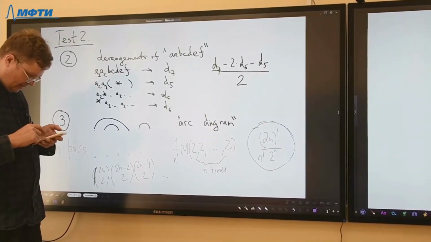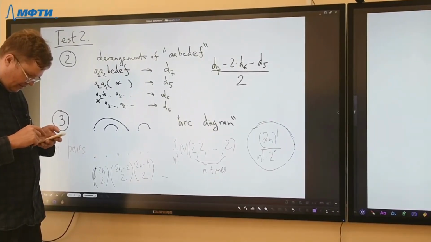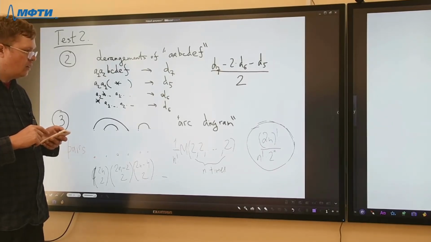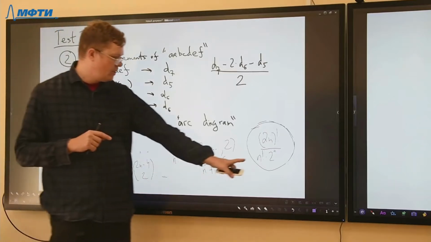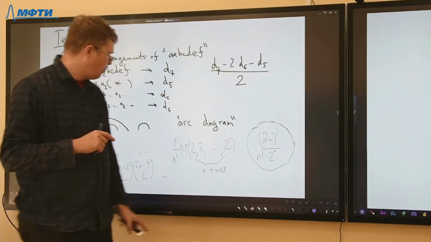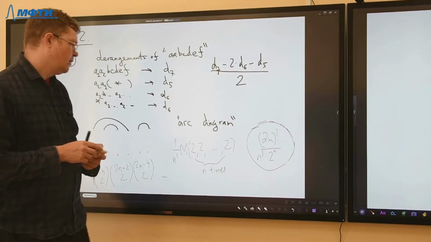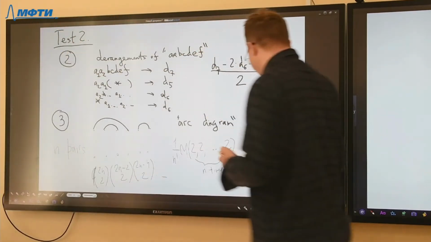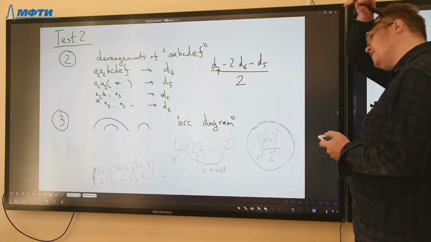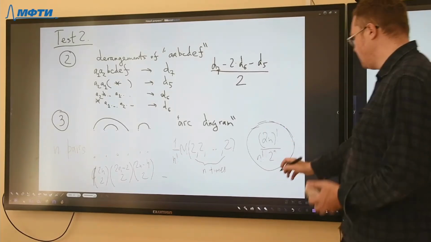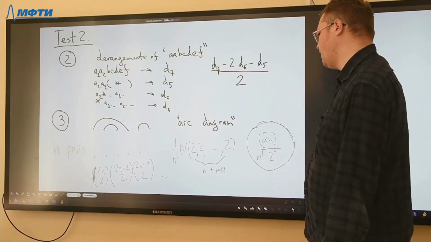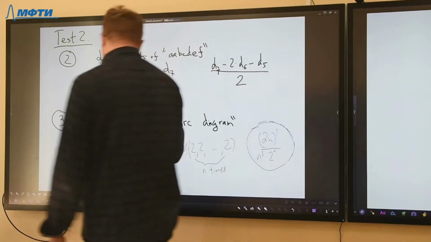Can we give the answer n factorial plus 1 for question number 3? Sorry, for this problem? Yes. N plus 1 factorial? No, n factorial plus 1. It works for 4 dots. It works for 6 dots. Yeah, but it's not. I think for 6 dots you will have